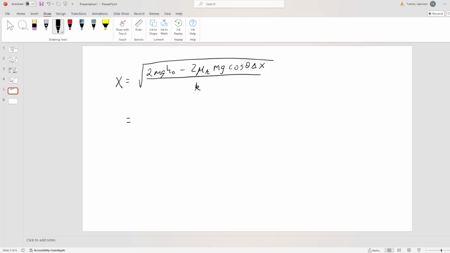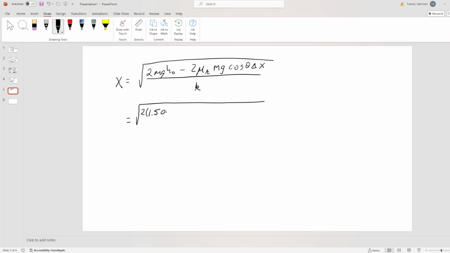You'll notice this is a very similar calculation to before. Because we ensured in the previous problem that the calculation under the root was positive, this is still going to be positive because I'm multiplying both terms by m. So it'll still be positive, and then I need to divide by the spring constant and then take the square root. Again, I'll leave you to do the calculation, but it would just be written out as 2